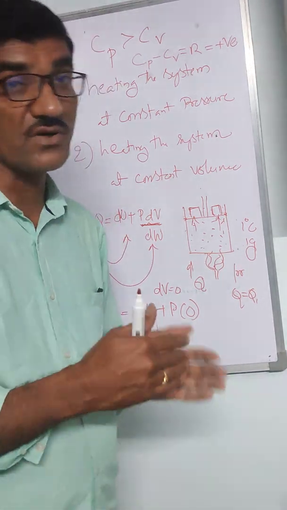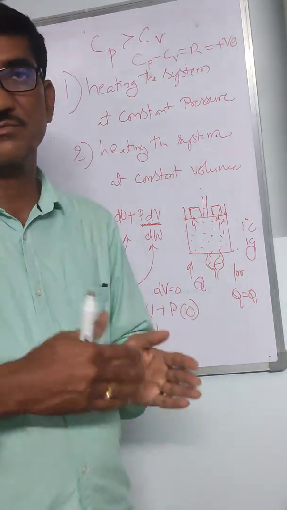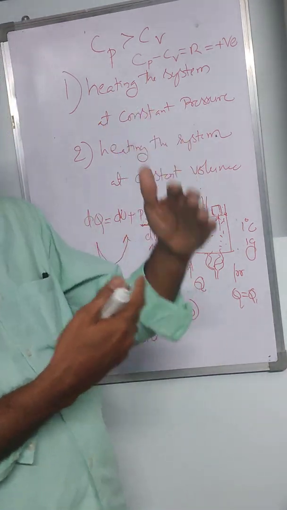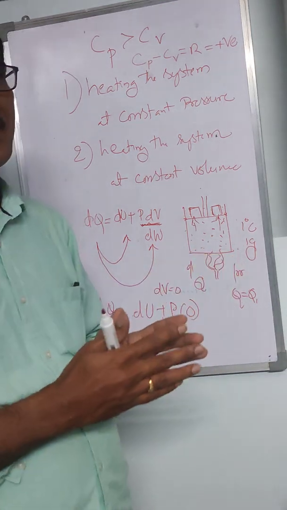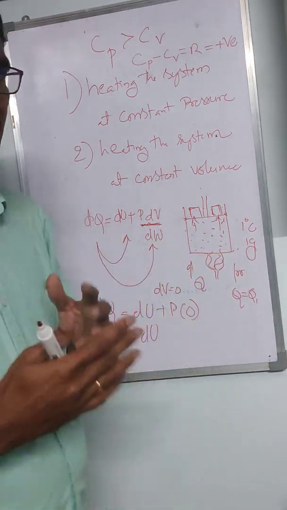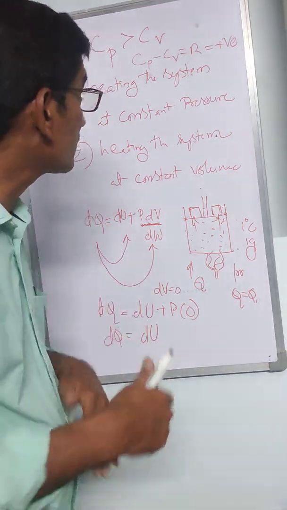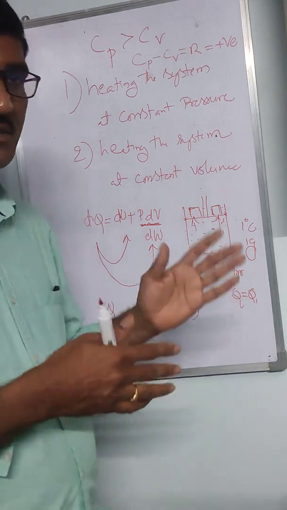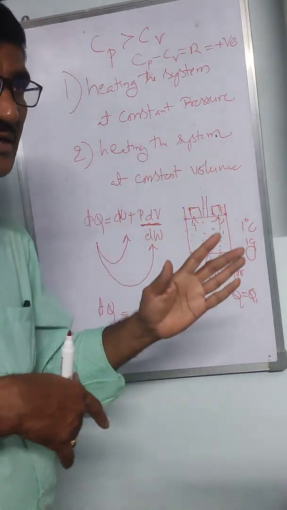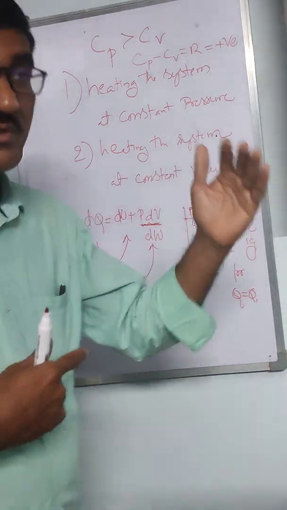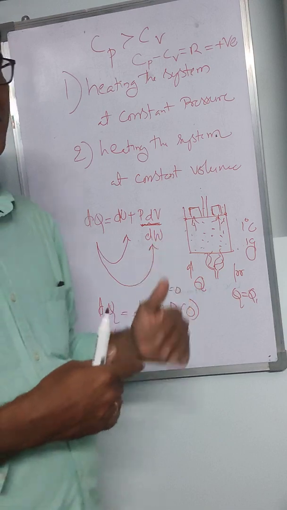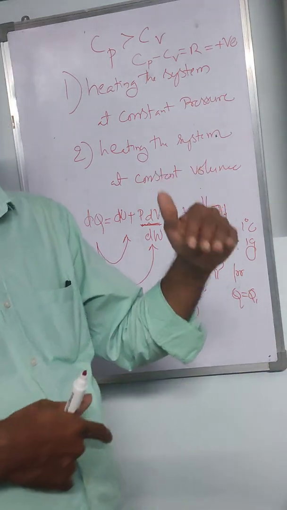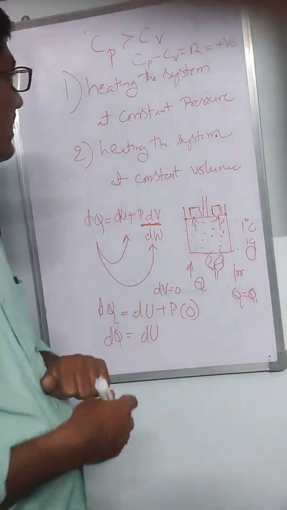What happens in case of constant volume? There is no scope for the system to do external work. So the entire heat given by you is solely utilized for raising the temperature. So for a small amount of heat energy only, you will see a 1 degree rise in temperature for 1 gram of material. But that does not happen whenever you heat the system at constant pressure. There the system definitely does some external work. Part of your energy is utilized to do external work, which we do not need in this case. That's why you have to supply some more heat energy in order to observe the same 1 degree rise in temperature for 1 gram of the material.